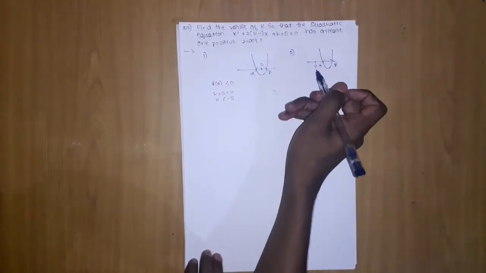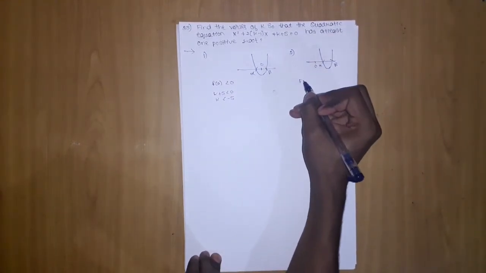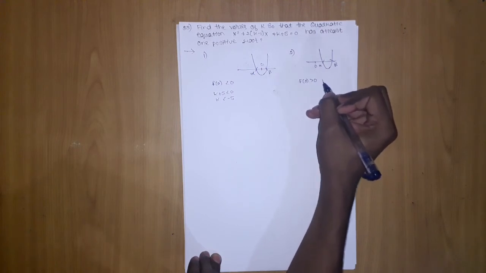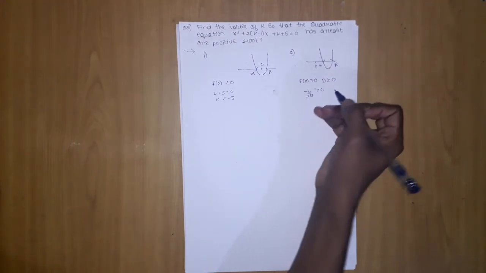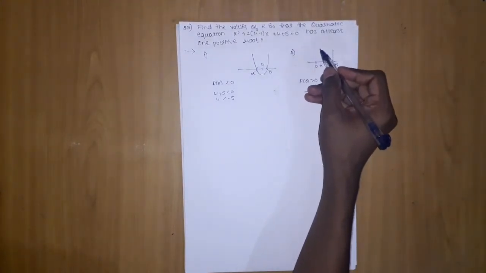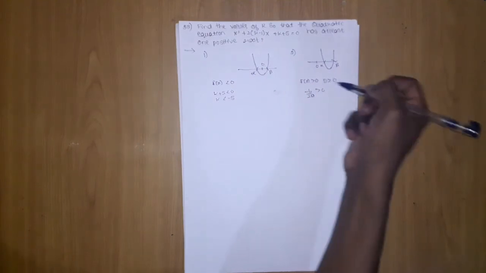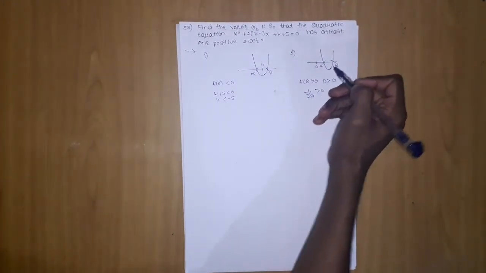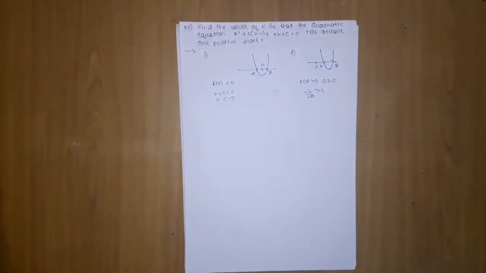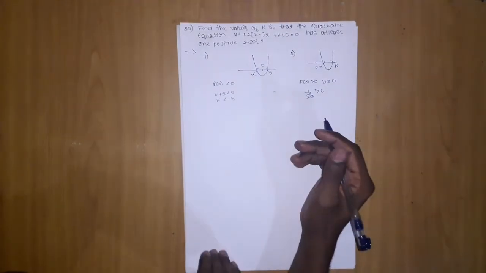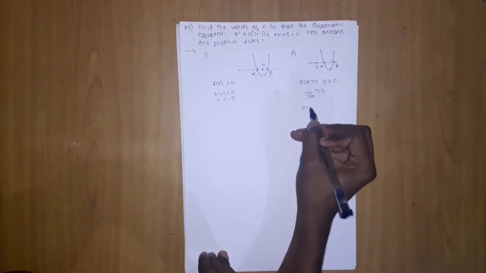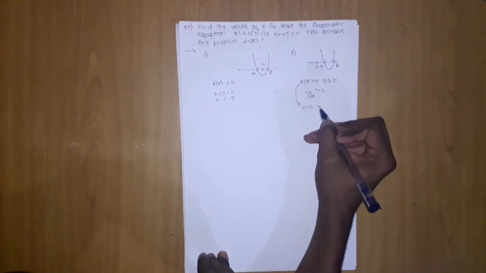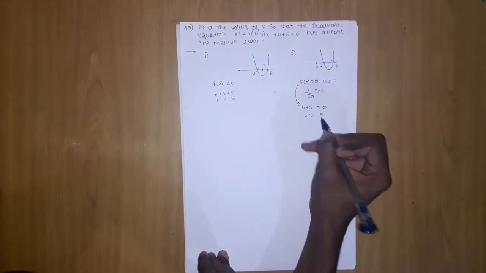Now, in the other case, which conditions occur? D should be greater than or equal to 0, and minus b by 2a should be greater than 0, and f of 0 is positive. D should be greater than or equal to 0 because it has two real roots. Let's solve this. f of 0 gives k plus 5, which should be greater than 0, so we get k greater than minus 5.